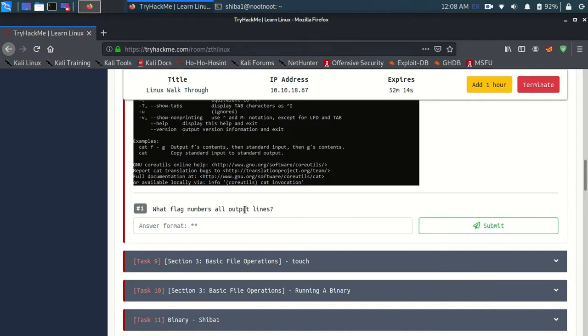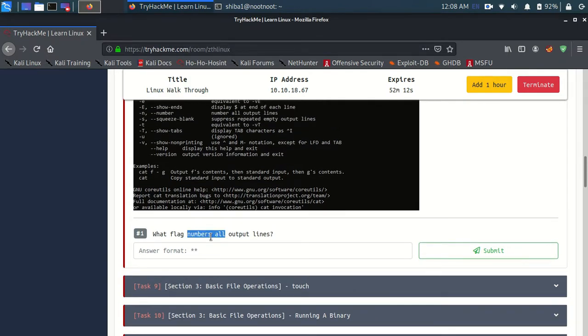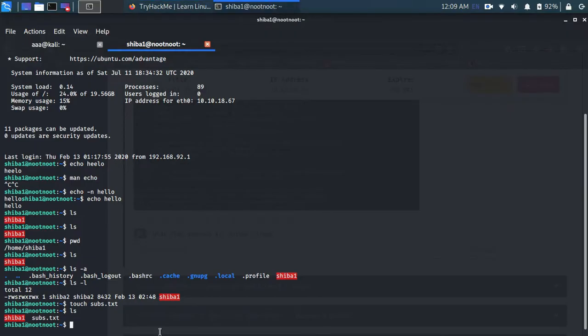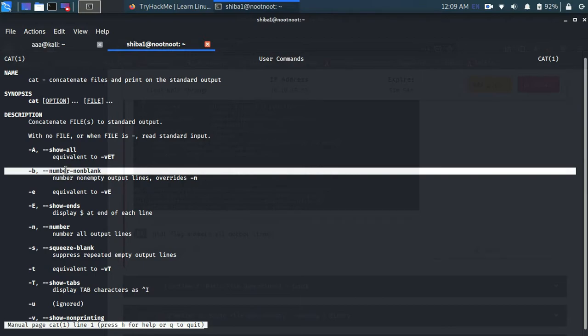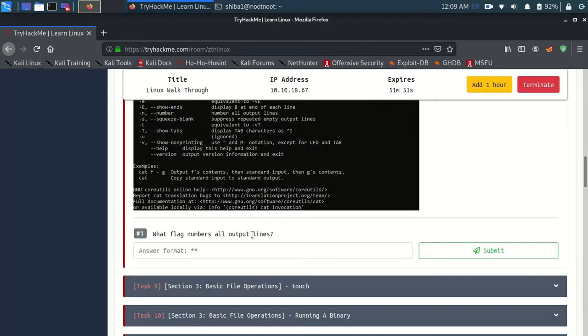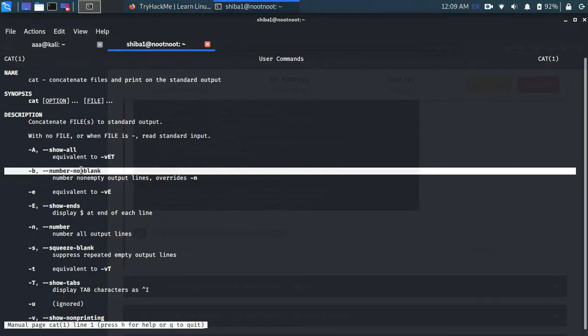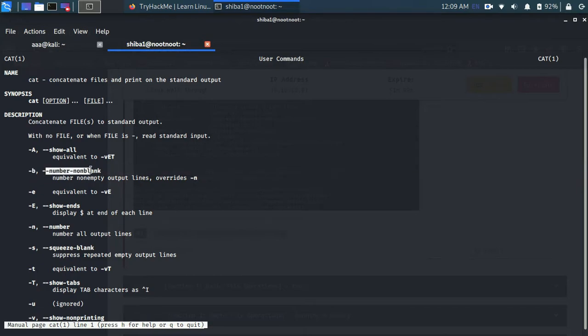Which flag numbers all output lines? Again, let's use man cat. Man cat is just the manual for the cat command, and we need all the lines numbered, which means it wants us to output the lines numbered. So the answer is -b.